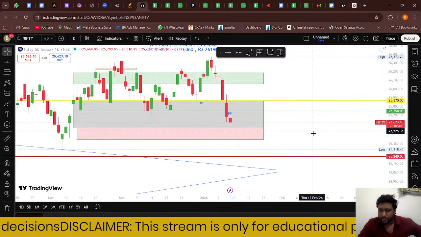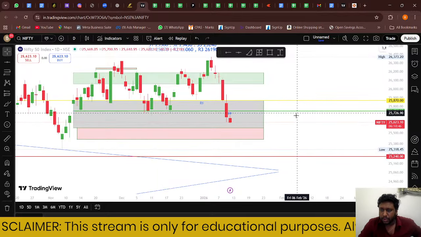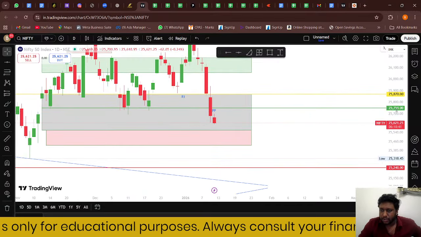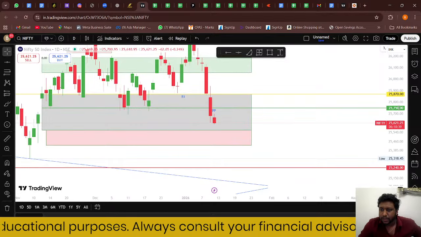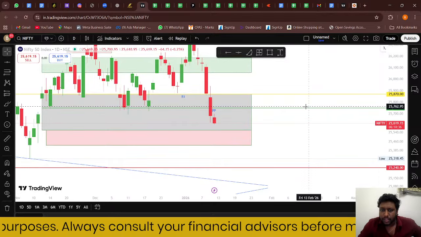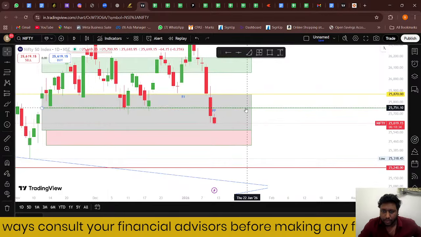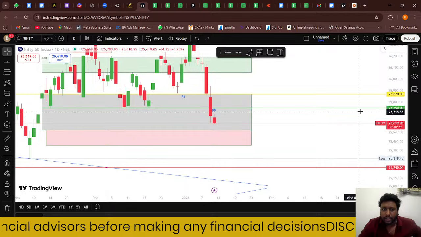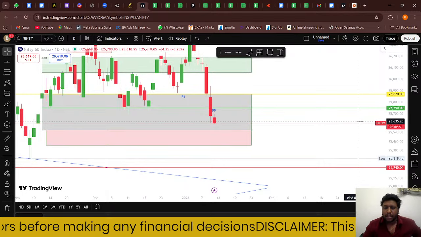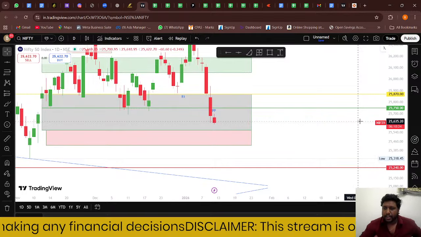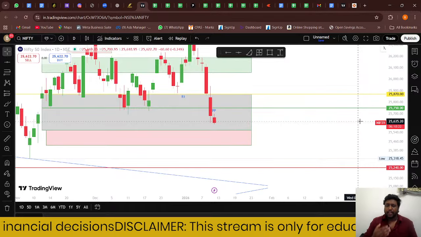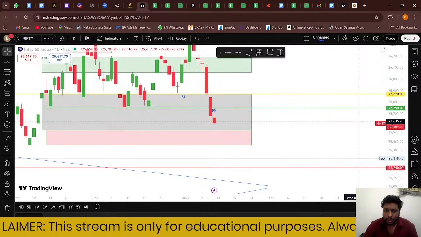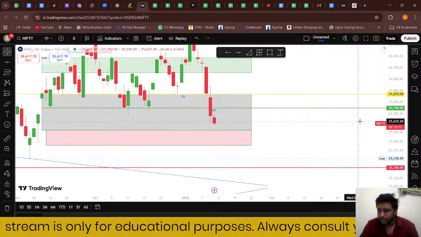If I know that the market is going up above this level, so I see bullish sentiment in the market, I will prefer 25,750 or 25,700, which will be near to where the market is trading at this level. I will prefer this ATM strike, 25,750 or 800 or 700. I will prefer ATM so that we can capture the movement, as gamma will be properly arranged. Gamma is the rate of change of premium.